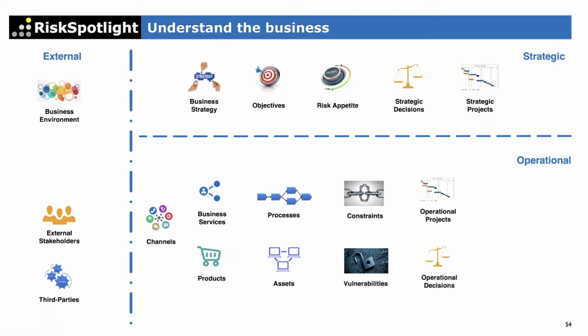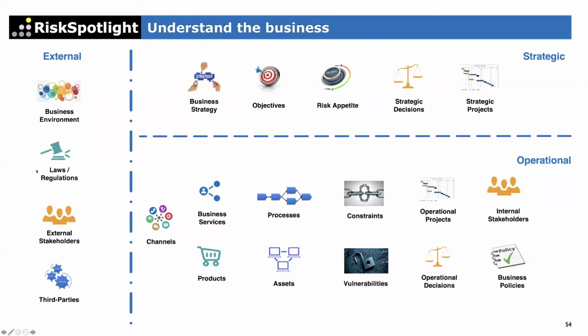And then there are many operational projects which may be running. There may be various operational decisions which may be taken in terms of outsourcing, entering into relationship with third parties, and so on. And there are many internal stakeholders then who have to make sure that all of this is working perfectly. And there may be some business policies which are provided to the employees in terms of working and guidance on what is expected of them on the different topics.